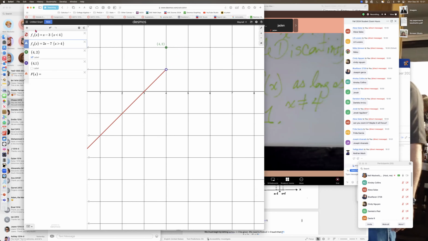So I'm defining, oh, and that should be an X. I'm defining F1 to be this left leg, F2 to be the right leg, and then we've got the point 4, 2, so that capital F of x is equal to